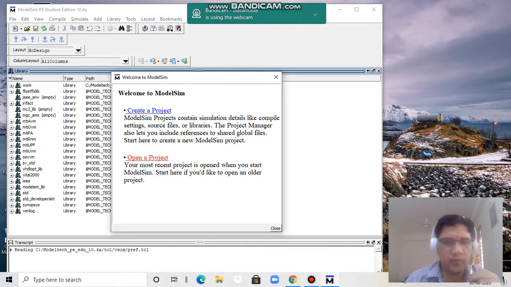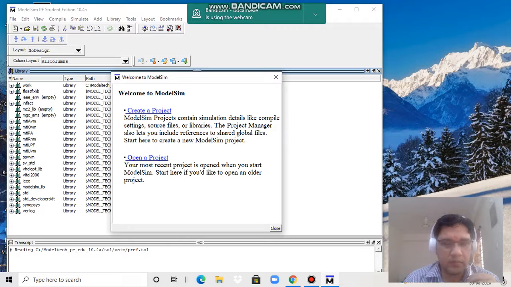It will browse to some location and you can directly pick a project which you already made for modification purposes or to add more HDL files. But if you are using it for the first time, you should select create a project. So for the first time users, I am selecting create a project.